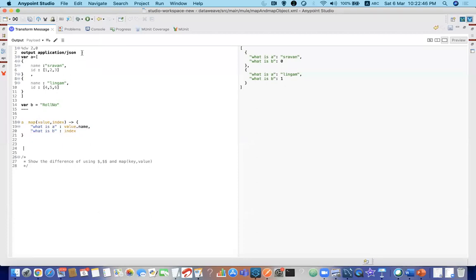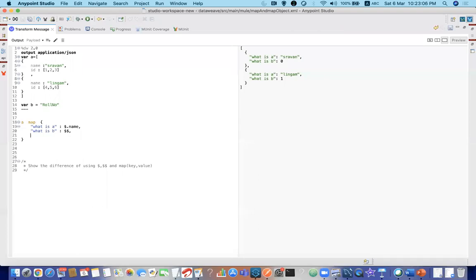So for example, let me tell you, I want something. Let me remove these things. A map, let me put dollar dot name and let me put dollar dollar. Correct, someone has been right, inner loops.